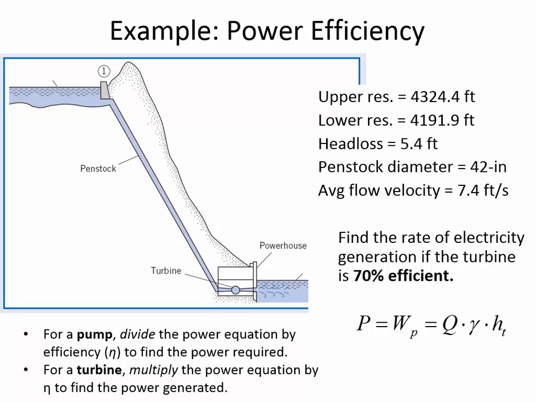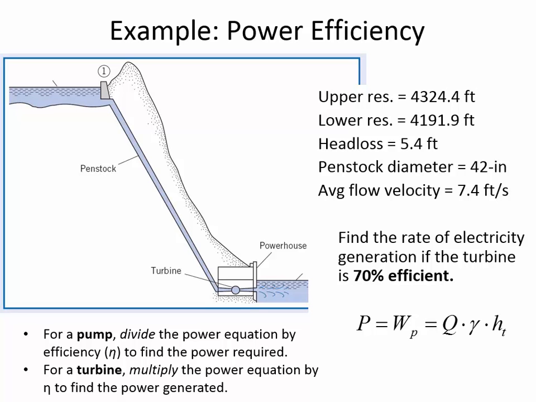If we let 1 be at the surface of the upper reservoir, then the pressure at 1 will be 0. And the same thing if location 2 is the water surface at the downstream reservoir, then the pressure at 2 is 0. The velocity at both of those locations will also be 0, since it's a free surface of water rather than a certain location inside the pipe. There is a turbine, but there's no pump, so I'm going to cancel out the pump term. And so what are we left with?